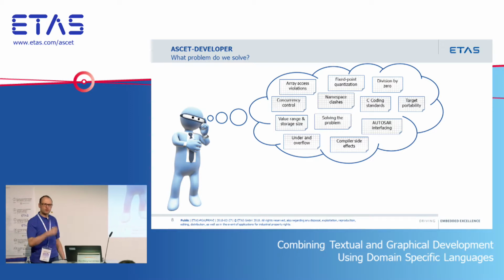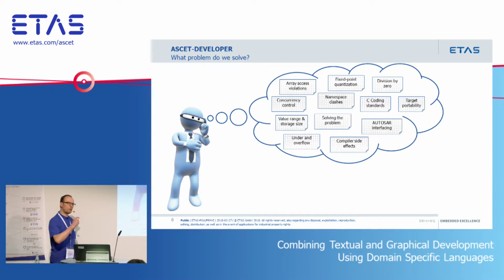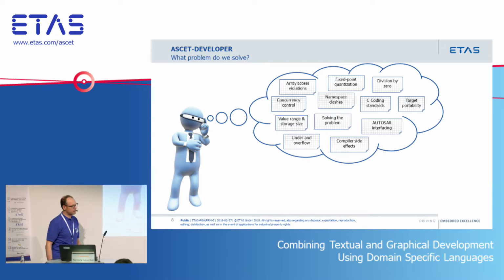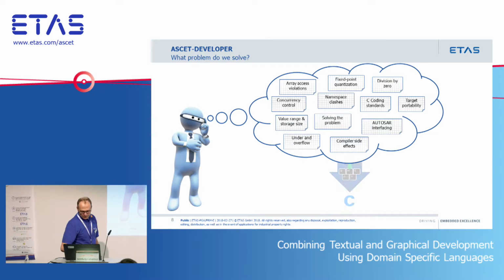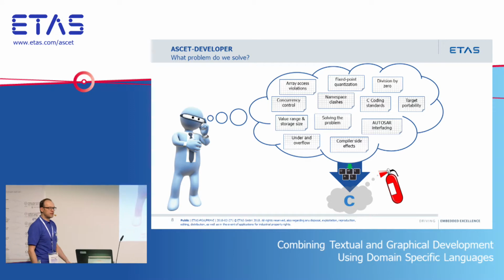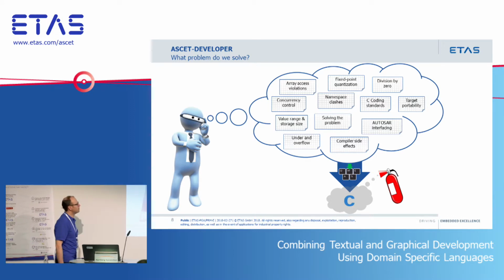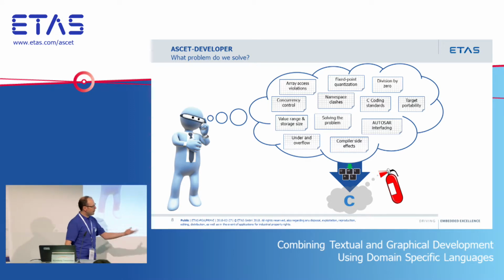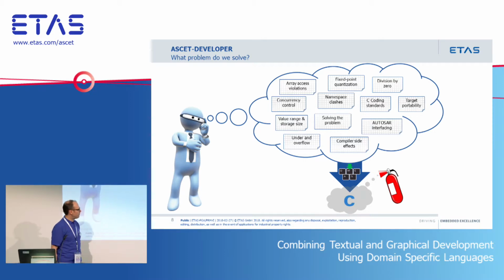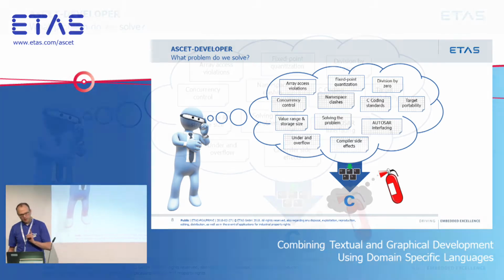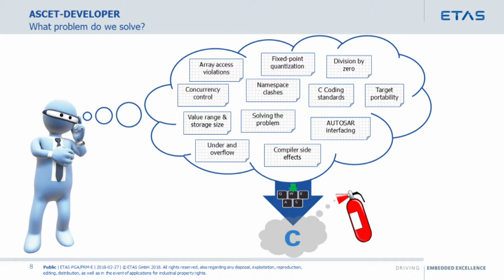It's going to change expressions, and I'm going to get different calculations when I compile it with different sets of options and this kind of thing. And we're going to code all that up in C, and we get the fire extinguisher out, and we start debugging it. Okay, so basically it's on fire, and we now need to start finding all those bugs. So it'd be a good idea if we could stop putting those bugs in the first place, so we don't have to spend a load of time taking them out.